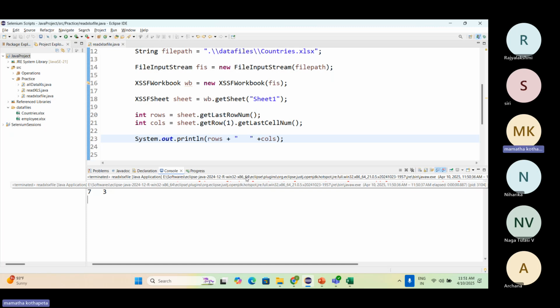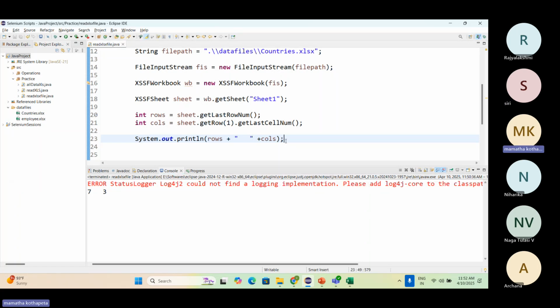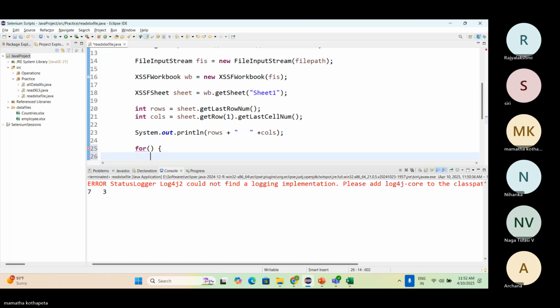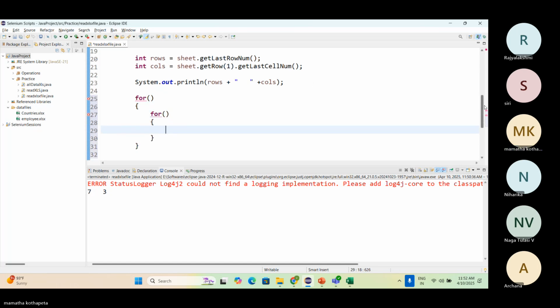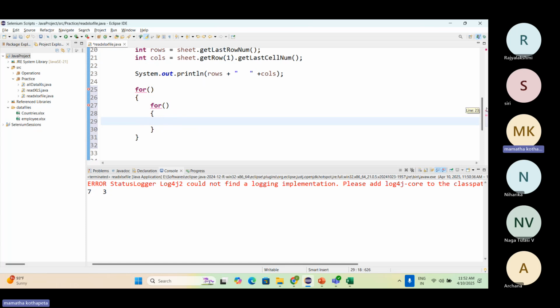Now, whenever you read the data from Excel, how many for loops we need? 2 for loops. This loop is simple. 2 for loops is mandatory, correct? We know that. Now I'll put it like this. Okay. And I'll put a placeholder like this. Okay, 2 for loops. Now I need to write the for loop,